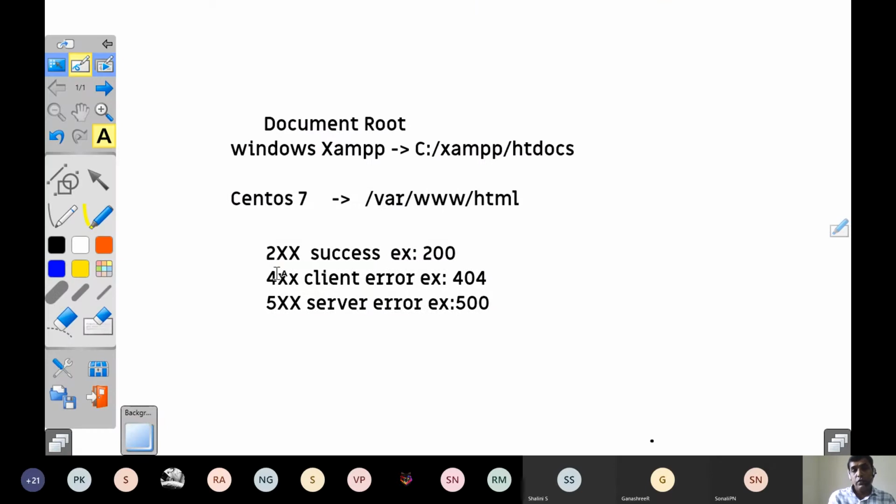So now, first what you got was connection timed out. The connection timed out message, you got it because the server was not running. It didn't show you a client error or server error. That's why, if you get unable to connect or connection refused, then there is a problem with the server itself. The server itself is not started.